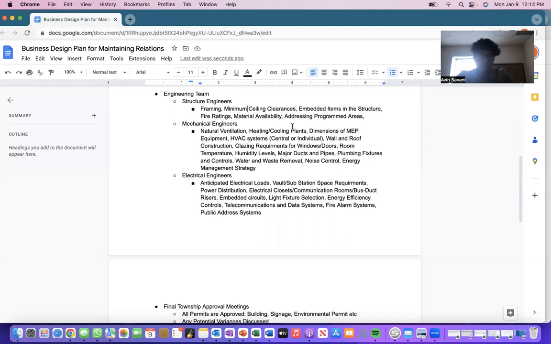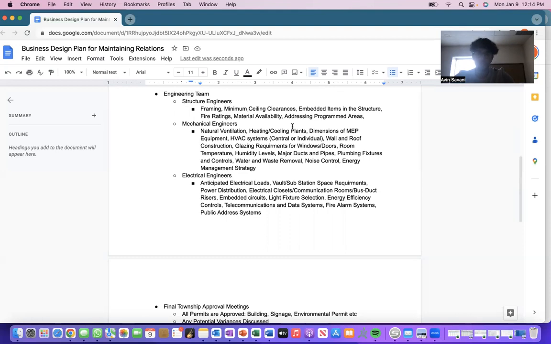Mechanical engineers, so mainly MEP stands for mechanical, electrical, plumbing. Mechanical engineers are more concerned with mechanical and plumbing. So that includes HVAC systems, a major part of the building, right?